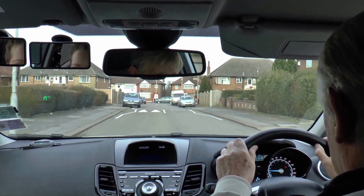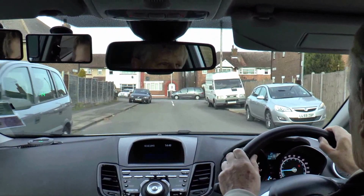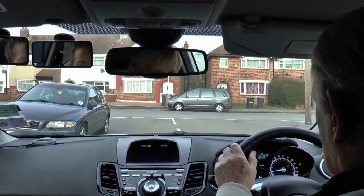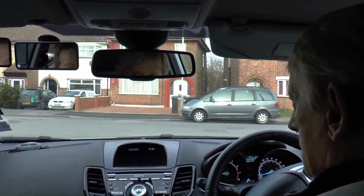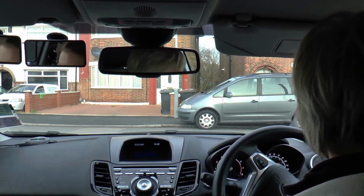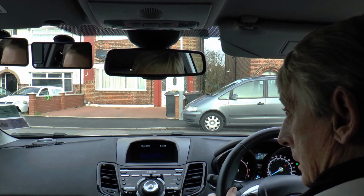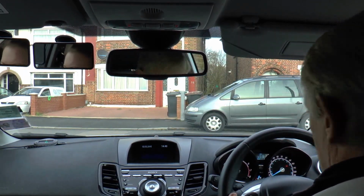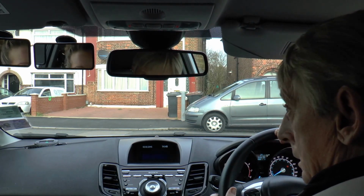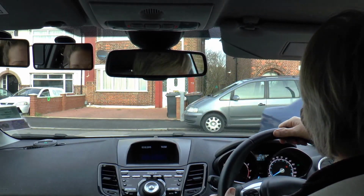Turning left. Actually, sorry, turning right. So how are you judging this speed here? How are you judging whether this is an appropriate speed to enter this? Based on what I can see. Okay, good. So that's again like the rules that we need to follow to approach a junction. You're judging here whether you can see, and bringing the car to an appropriate speed to match whether you can see or whether